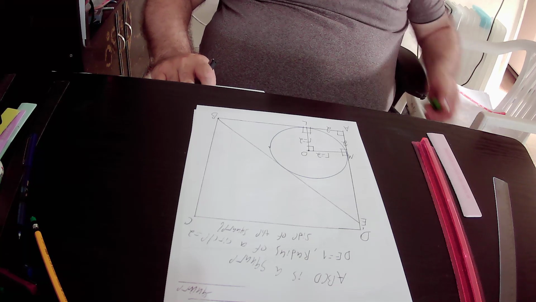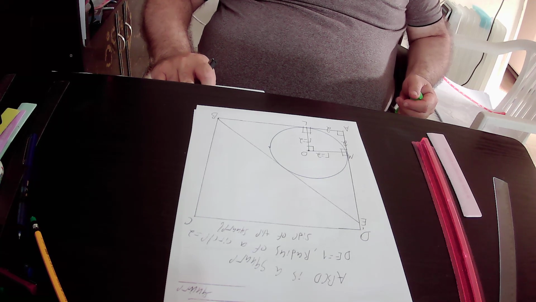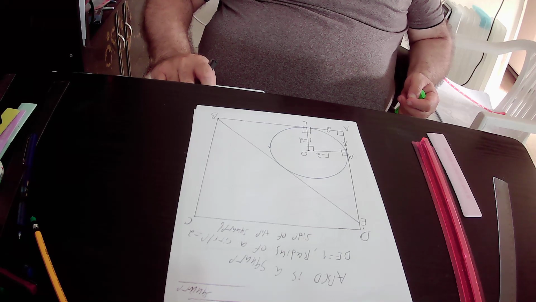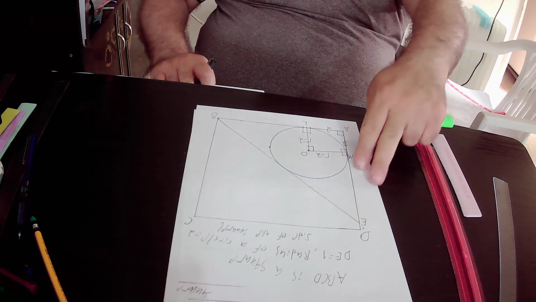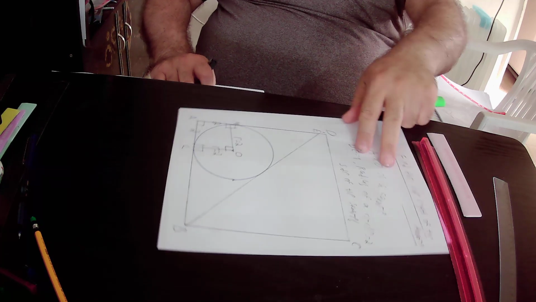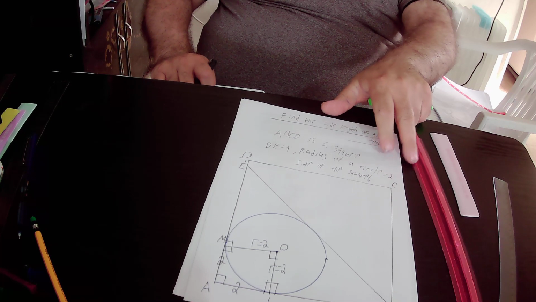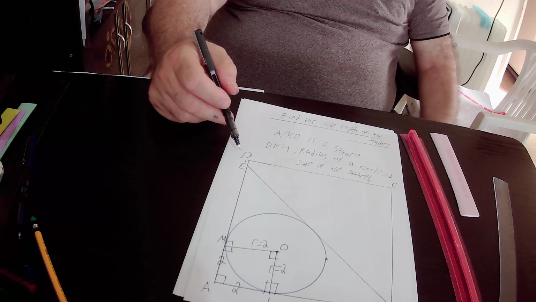So if you have any common external point, and from the common external point you draw two tangents to a circle, then the lengths of those two tangents must be equal to each other. We already discussed this rule, so I'll not repeat it. We can implement rule number 2 in our drawing, because if we focus at point E, a common external point, from the common external point E,